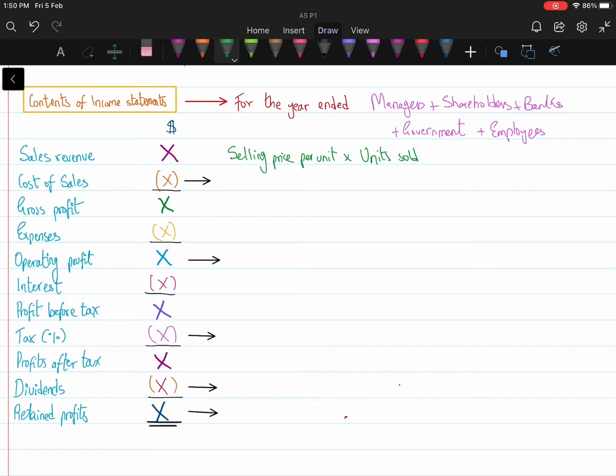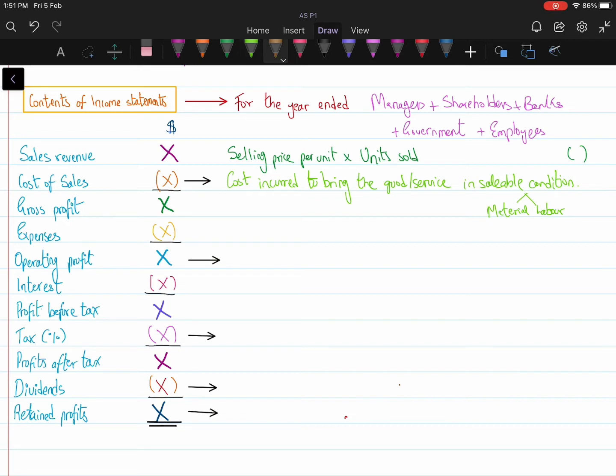One thing additionally that I would like to tell people is that whenever we talk about a minus sign in accounting, we denote it by the use of brackets. All right. So what we do is we deduct the cost of sales from the sales revenue. And the cost of sales is referred to as the cost incurred to bring the good into saleable condition. For example, if I have a marker and I don't invest much in the materials, the ink, the plastic, or I do not pay my labor enough, the one who is responsible to assemble that particular marker in the form of a finished good, then I will not be able to sell that marker. So cost of sales basically includes material and labor, the direct material and the direct labor.